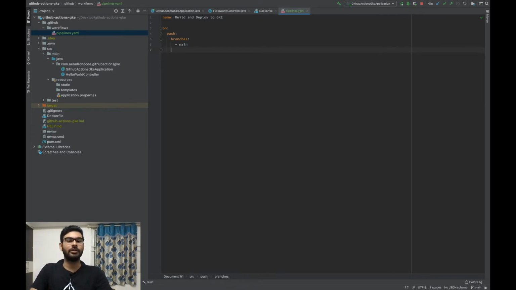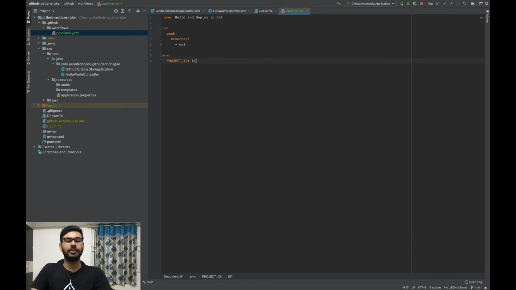So next thing is we'll set up our environment variables. For our environment variables, the first variable that we will set up is the project ID. And our project ID will be nothing but the secret that we had created in our GitHub account.